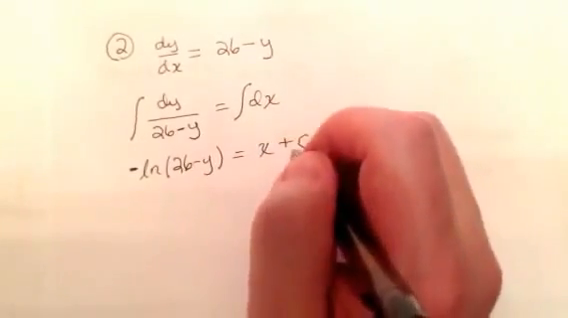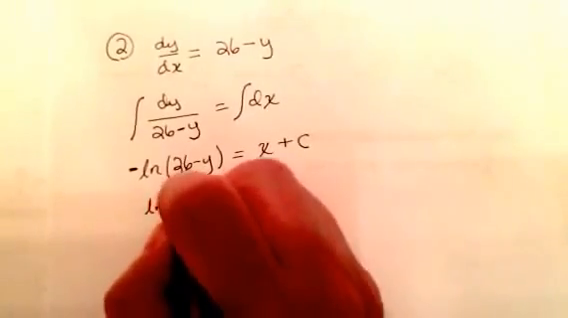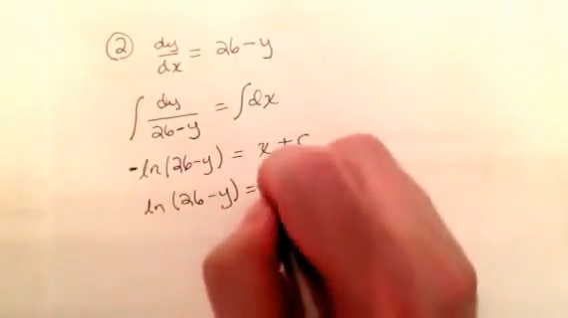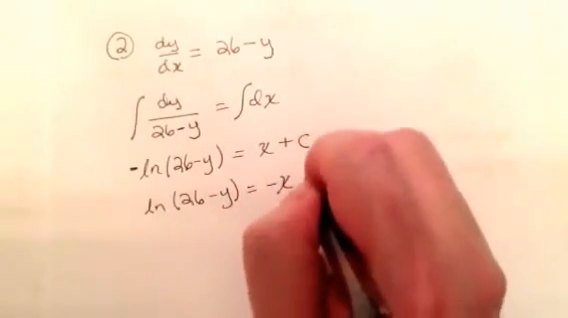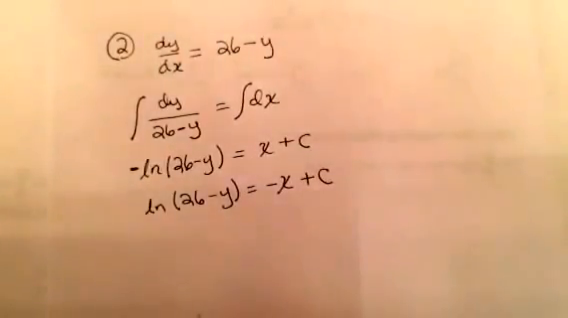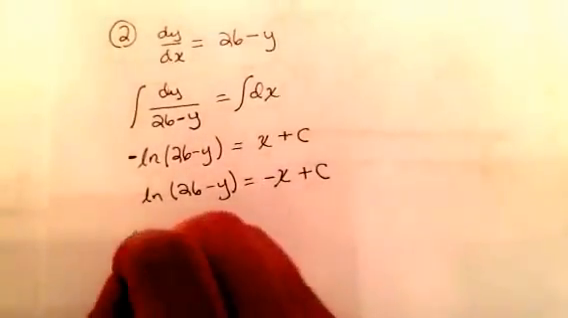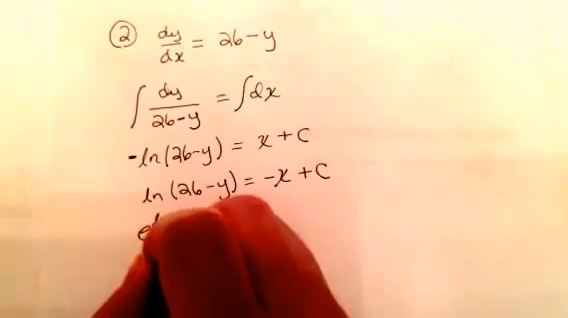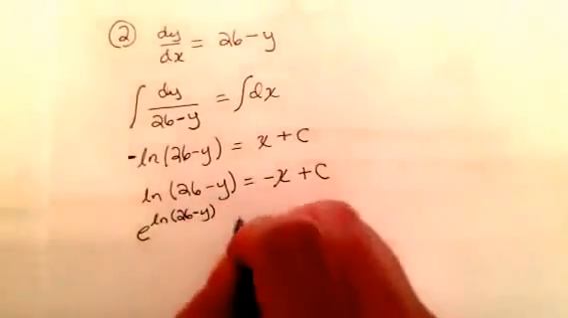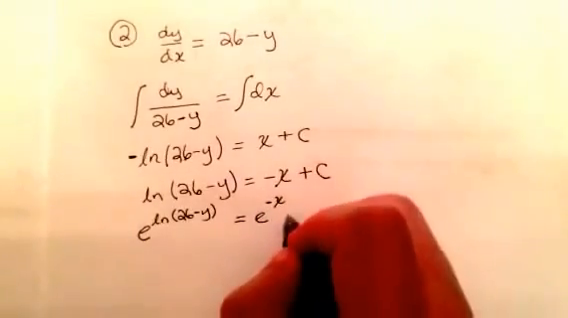plus c. And if we change the sign at both ends, we have the natural logarithm of 26 minus y is equal to negative x, and you can say minus c, but since we're working with a constant, we can just leave that as plus c. And freeing up the 26 minus y, we can use the natural logarithmic base e. So we say e to the natural logarithm of 26 minus y is equal to e to the negative x plus c,